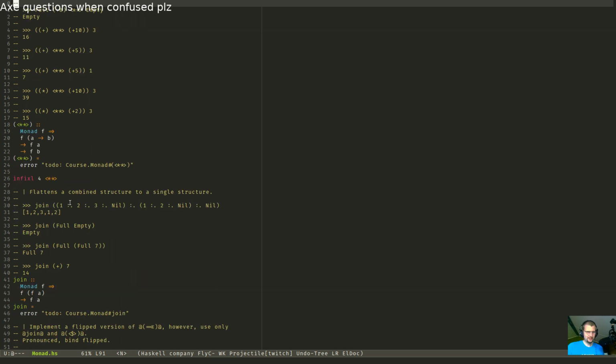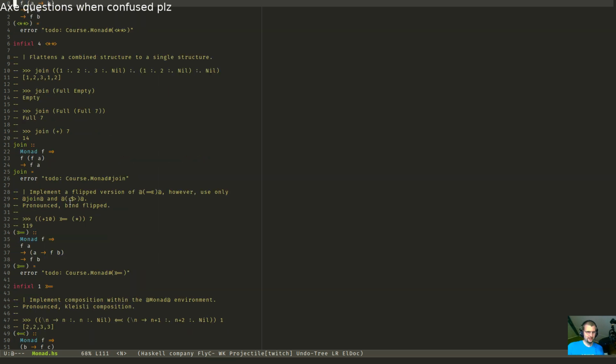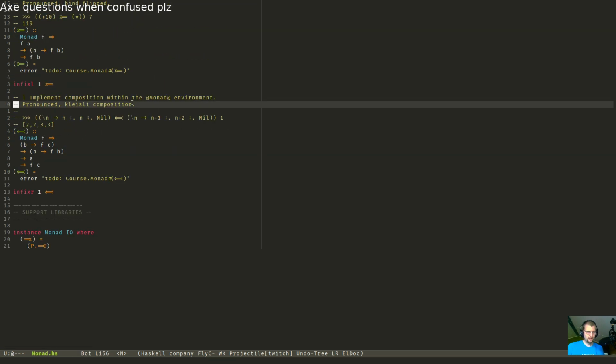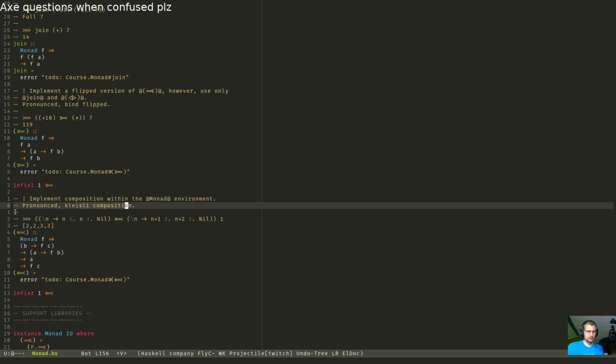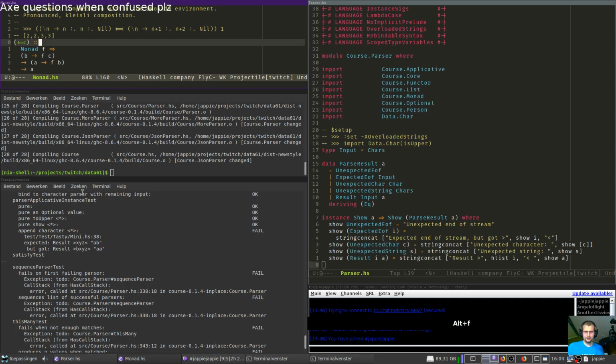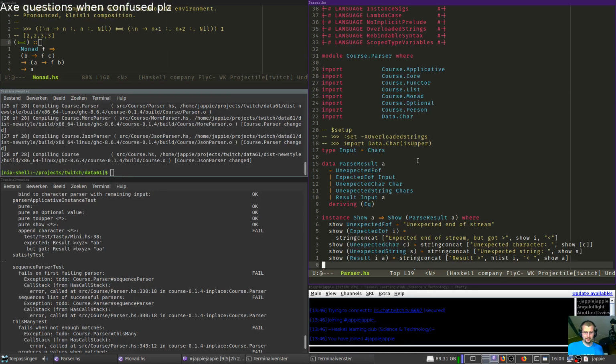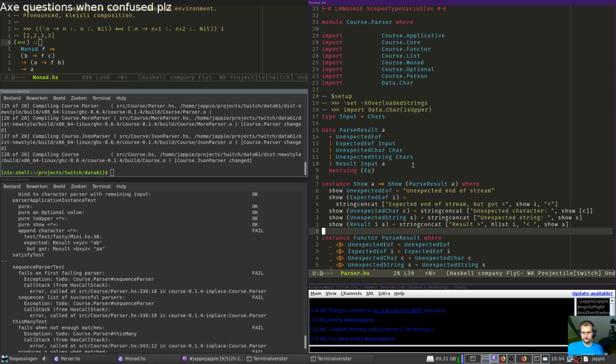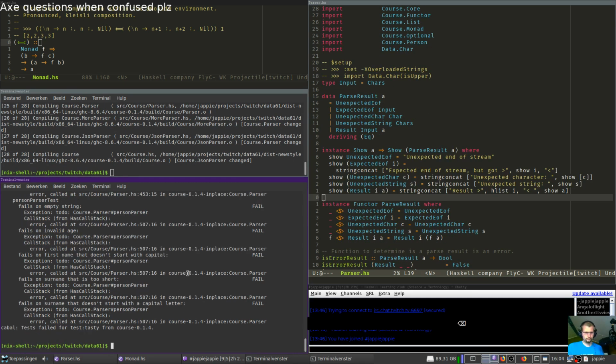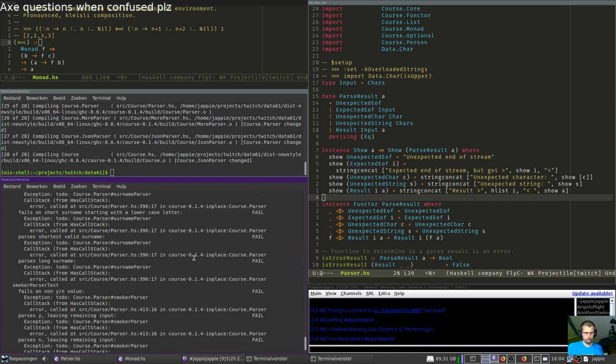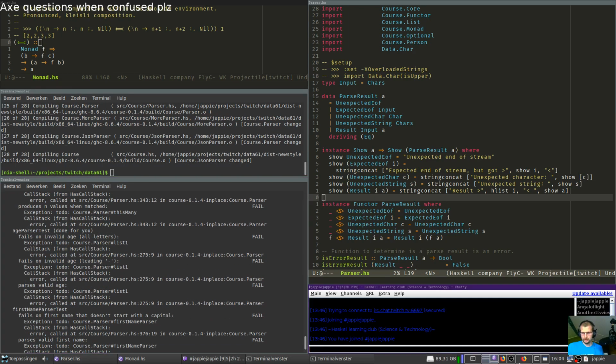Kleisli category. Oh, that's this one, the fish, right? Kleisli composition. It's the wrong way though. Why is it the wrong way? Rebindable syntax, what does that do?